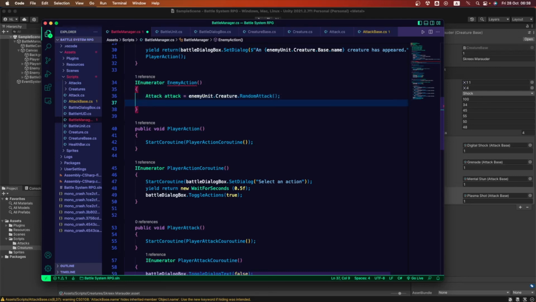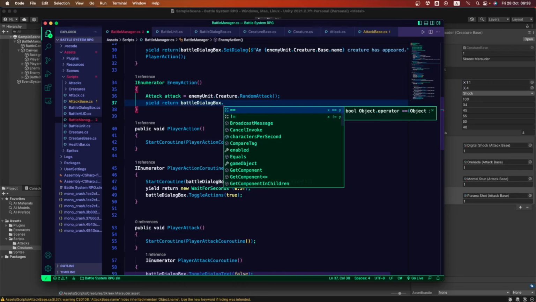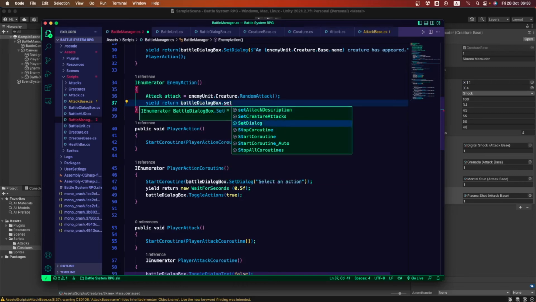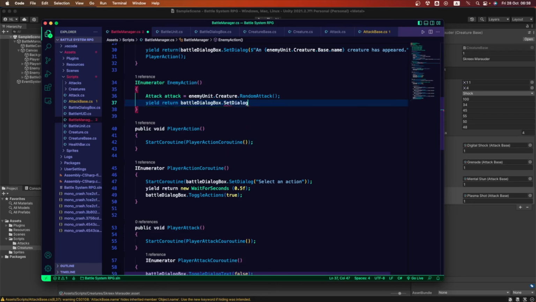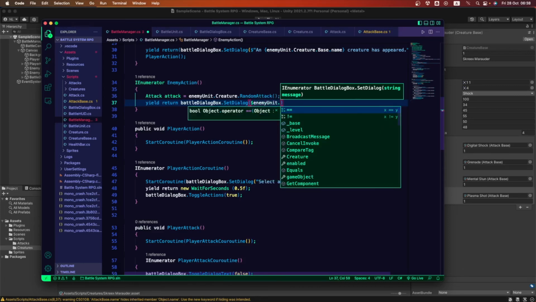After that, we want to yield return. And what are we gonna use? The battle dialog box. We want to set a dialog to see which attack our enemy is performing. This is gonna be set to a string. For our enemy unit, we want its name.